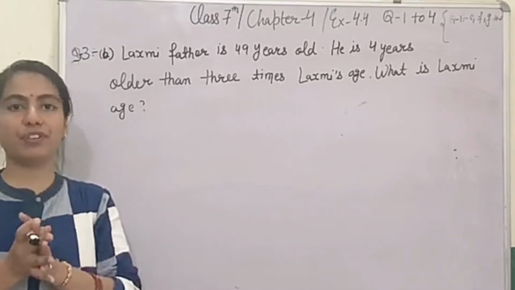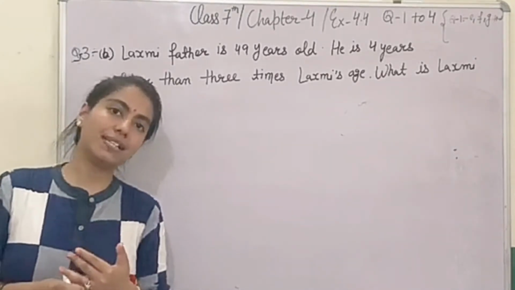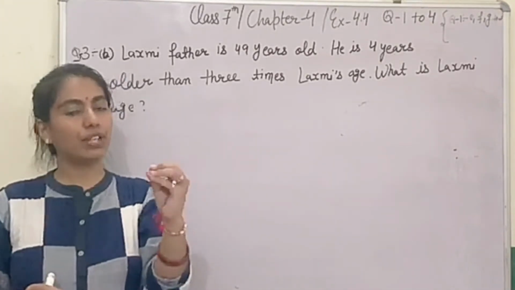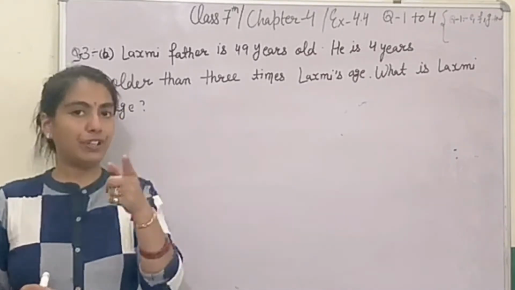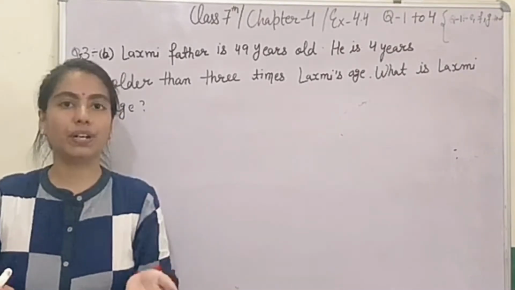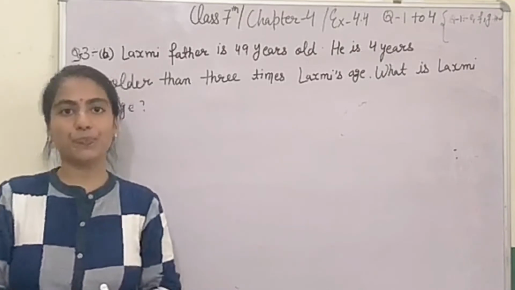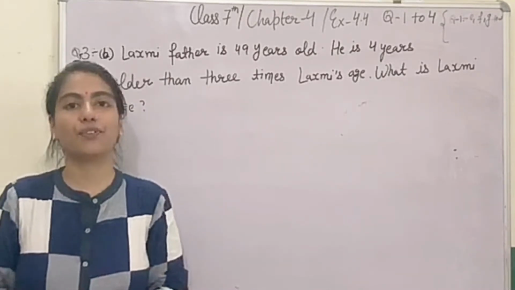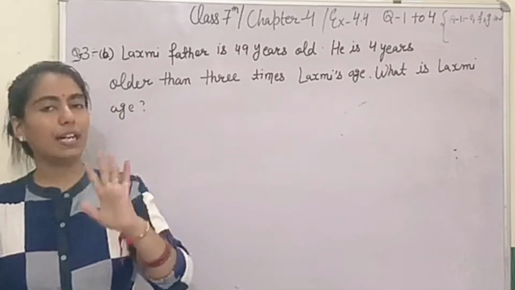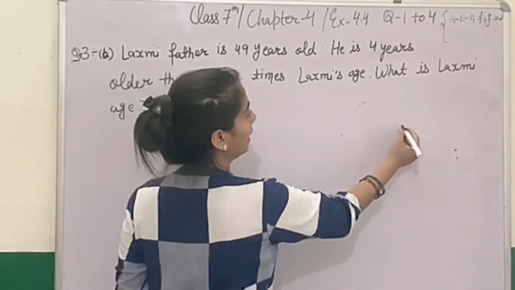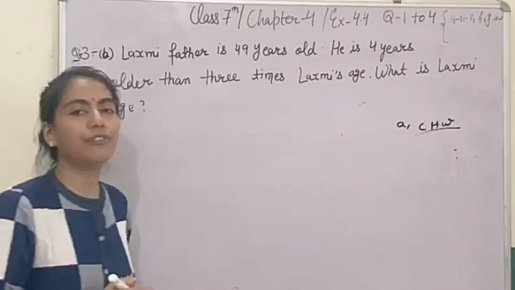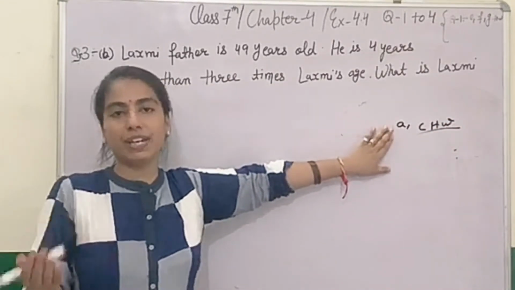Again and again, the same type of question is there in your exercise. Please understand it carefully. One part of question number 3, students, is the same question we have already done in our exercise 4.1. If we read it, we understand it. That Irfan has 4 marbles, twice than Rohan, whatever is there. You can see it and easily you will do it. That is very simple. Already we had it in exercise 4.1, so I'm not going to discuss it over here. Fine. If you read it out, you will understand it very nicely. So your homework will be A part and C part of this question, because A part, if we don't do it, it's okay, because this is very simple, we have already done it.